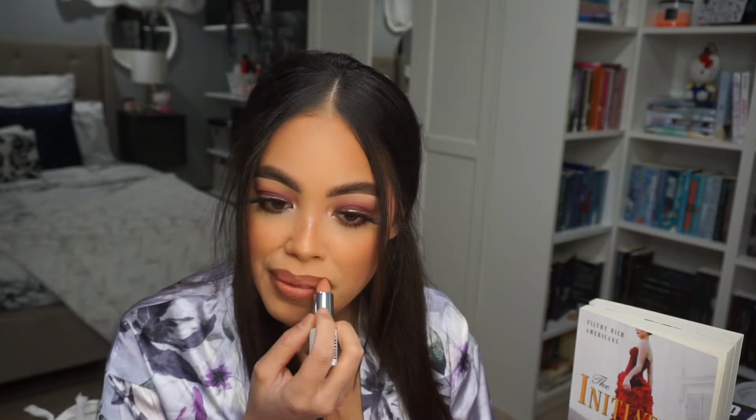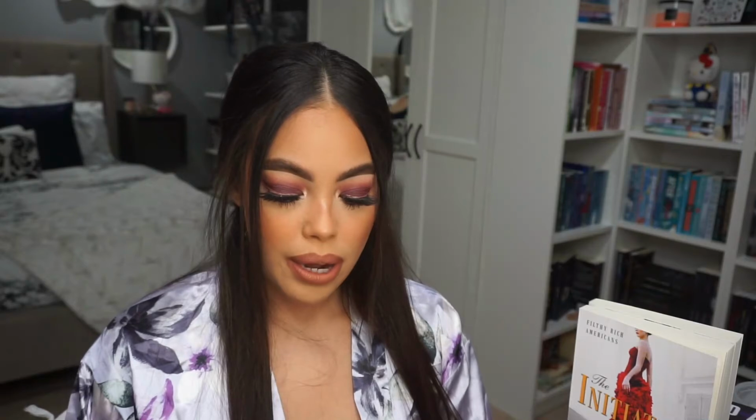Alright, and the last 2 books that I read for February are books 1 and 2 of the Filthy Rich Americans series. The first book is The Initiation and the second one is The Obsession. So this series is about Maris and Royce, and Royce was supposed to marry Maris' sister, but her sister ends up in a situation and she's unable to marry him. So then Maris,